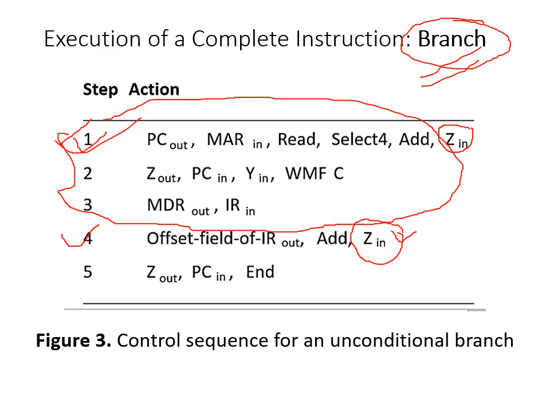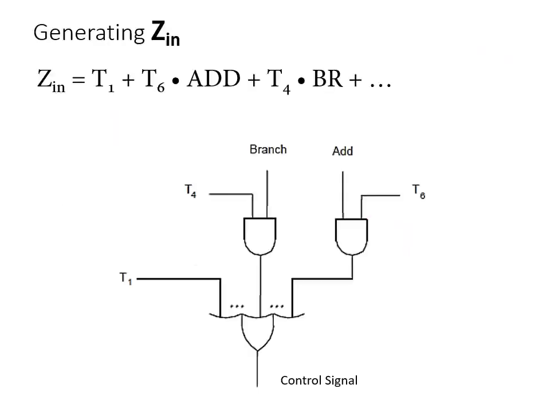So now let us see how we can design a hardwired control, meaning how we can physically design something to generate a control signal for the Zin circuit. The control signal which tells the Zin circuit when it should work, at which clock cycle it should work, or at which clock cycle it should keep quiet. Let me explain. Go to the next slide. Here, this is how I am trying to generate the control signal for Zin. Now this is the hardwired control.